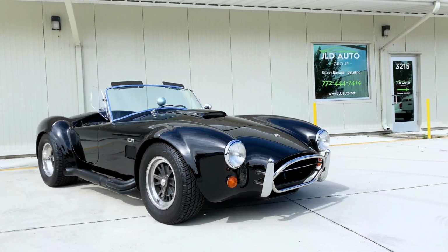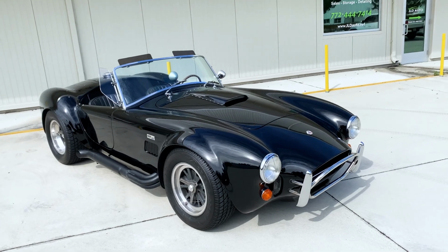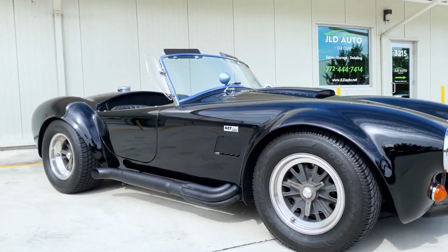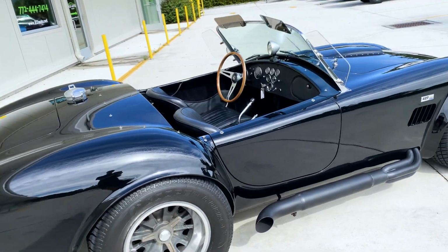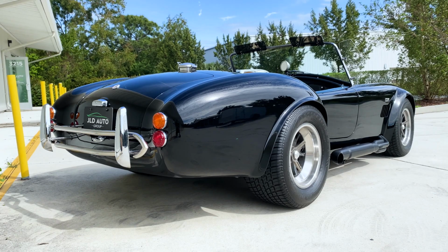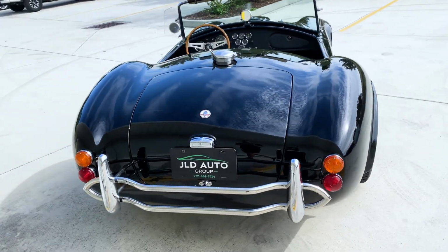New into inventory at JLD Auto Group is this 1965 AutoKraft AC 427 Mark IV Cobra. This specific Cobra is a rather simple color combination of just black exterior over black interior. However, interestingly, the model designation of this Cobra is a 1 of 2 Special Edition 427 SC Mark IV Cobra. So a rare example here, and this one has right around 2,900 miles on the odometer, so it has not